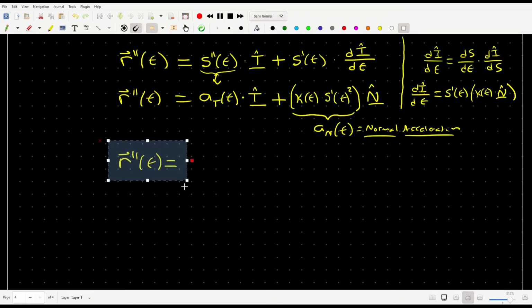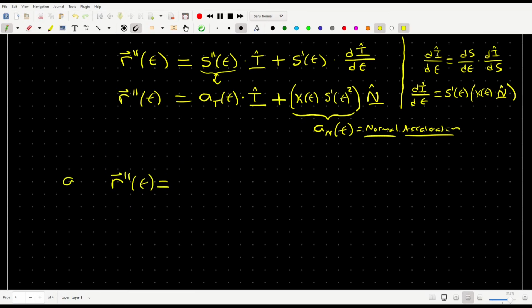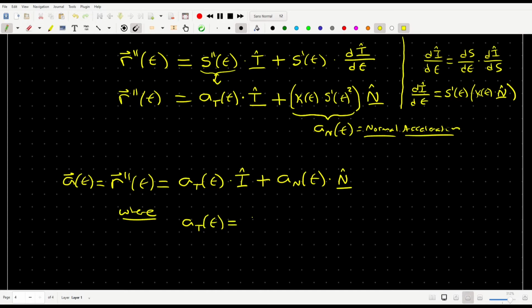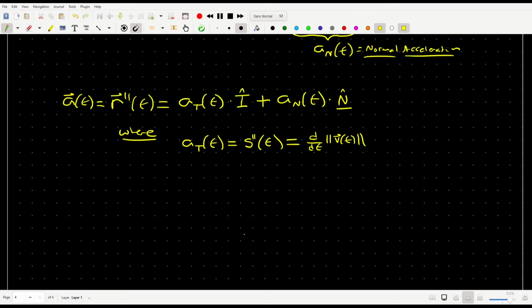So essentially what we've just shown is that the acceleration vector for any curve is the second derivative of the position vector of points on that curve, and this is exactly equal to the tangential acceleration times the unit tangent vector on the curve plus the normal acceleration times the unit normal vector on the curve, where tangential acceleration is just the second derivative of arc length with respect to t on the curve, or the first derivative of the magnitude of the velocity vector